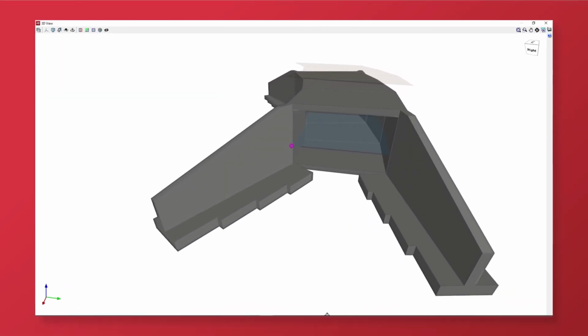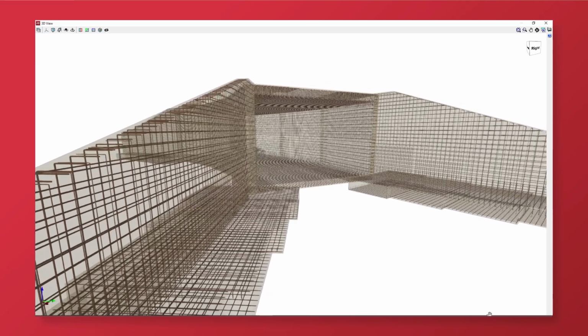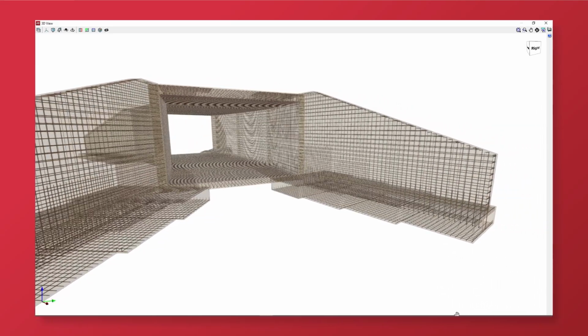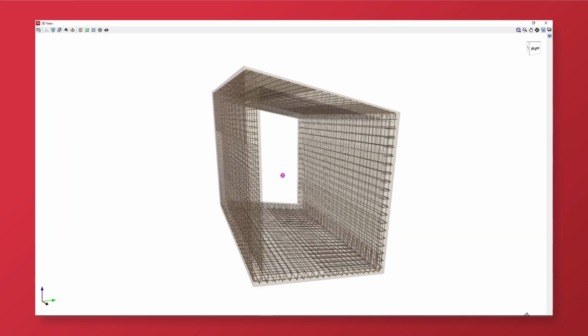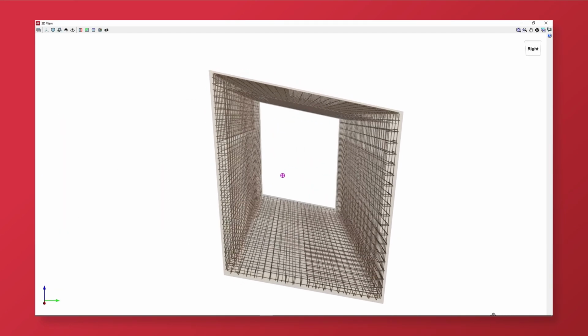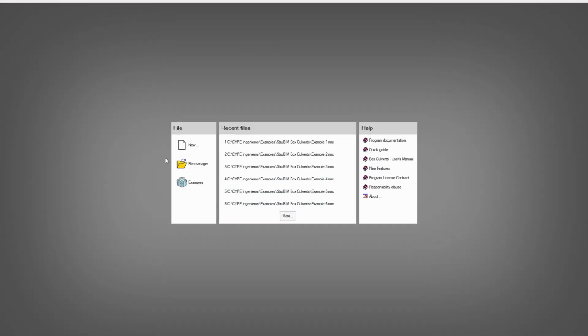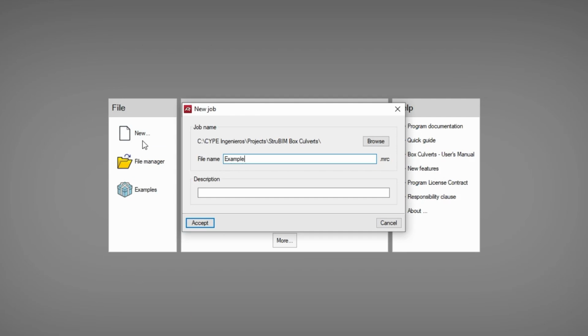StruBIM Box Culverts is a program developed for the design and checking of reinforced concrete box culverts used for underpasses under roads and for drainage works. They can be rectangular, trapezoidal, or any kind of polygon designed on plan or section and can be either single or multi-cell. To get started, we can either create a new empty job or use the assistants that help us